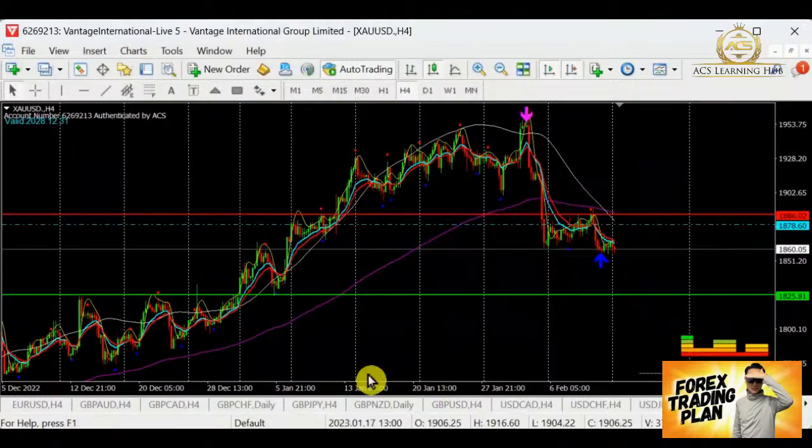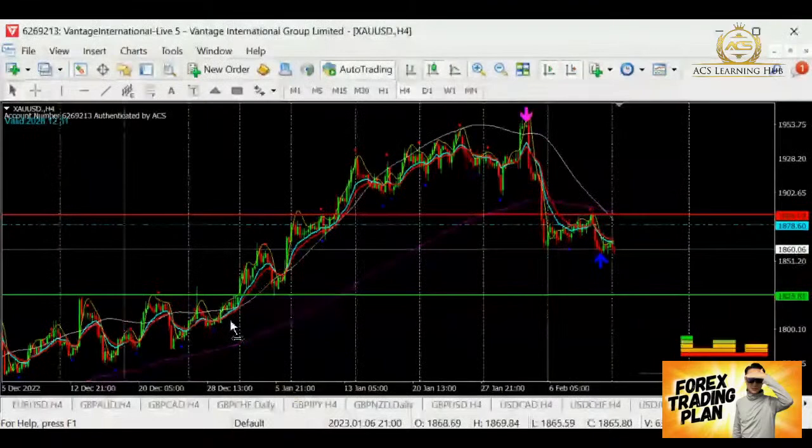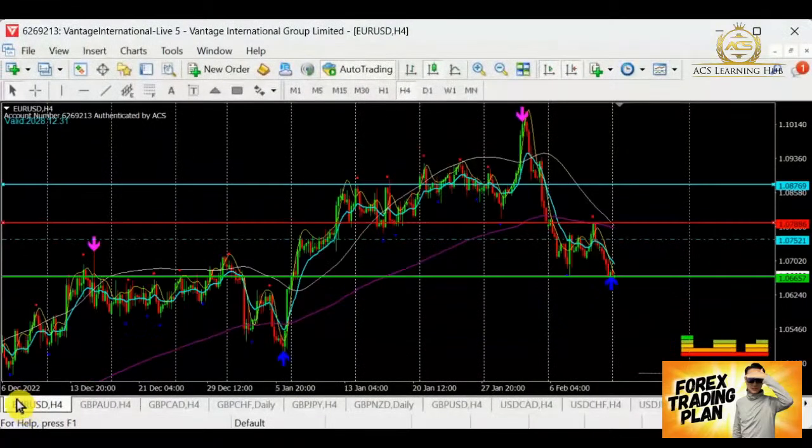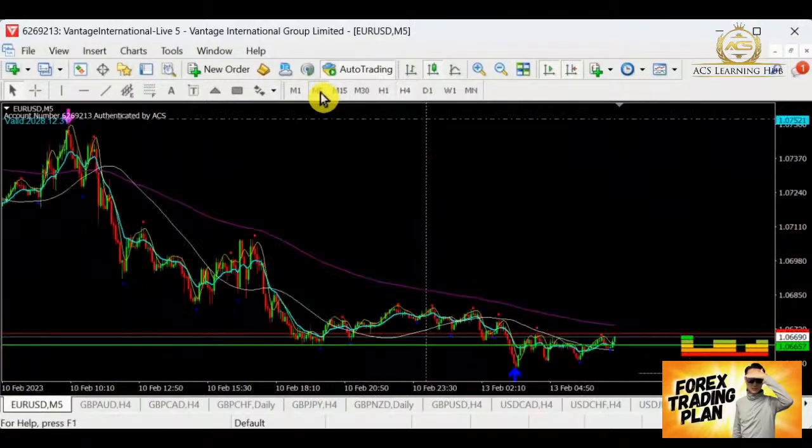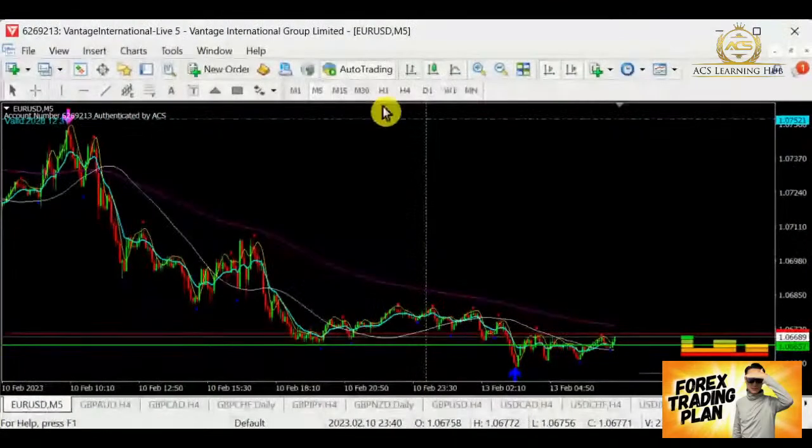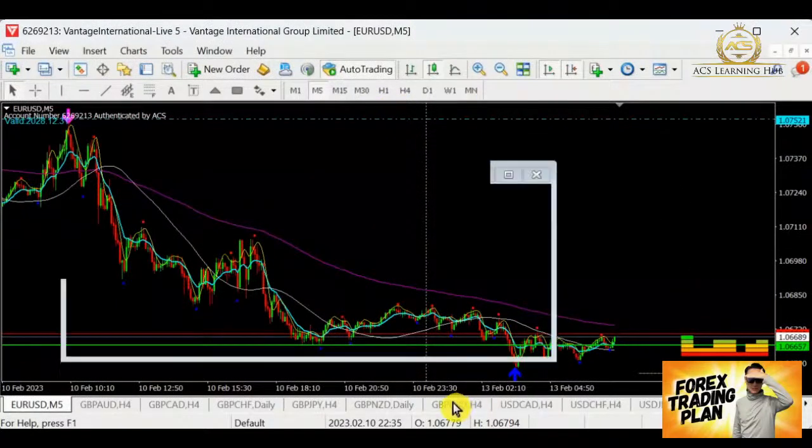Let's come back to MK. Euro dollar, looking to sell. Yes, I'm also looking for selling. But I'm waiting for a new resistance to come before I sell, because right now we don't have any resistance. So I'm still waiting for the resistance up. Okay, for MK. So that should be all for now.